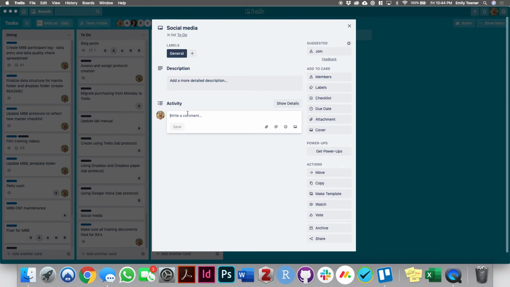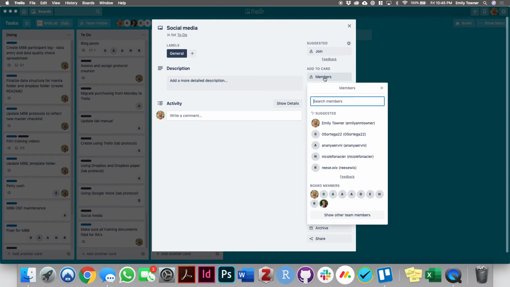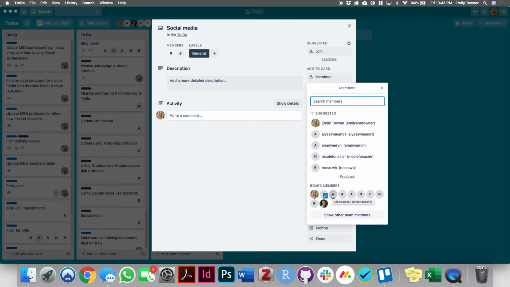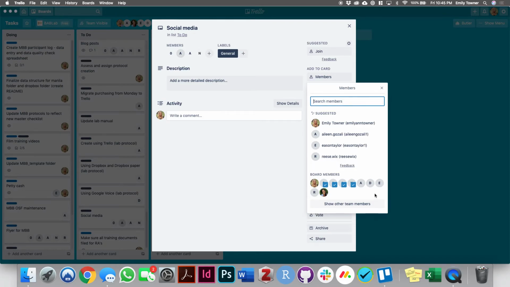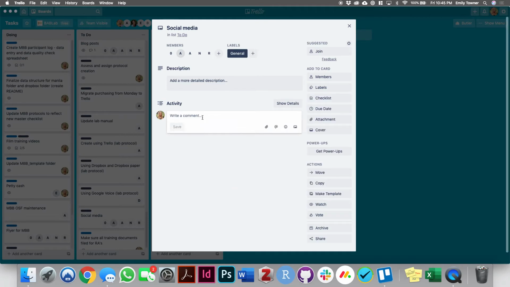So say I want to ask all the RAs who might be interested in doing social media for the lab and creating biome bites and brain bites and other things like that. So I'm first going to add all of the undergrad RAs to this card. And you can see here, this is why it will be super helpful to have photos, because I can just easily click through it. And then I'm going to say,